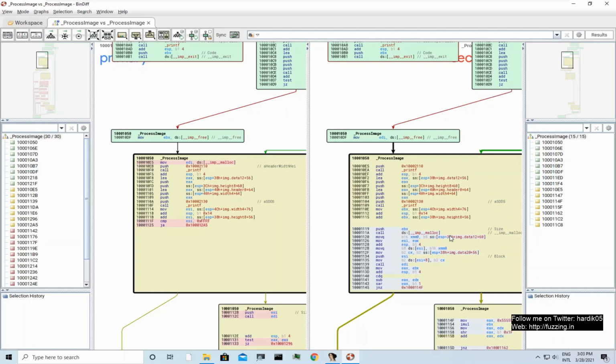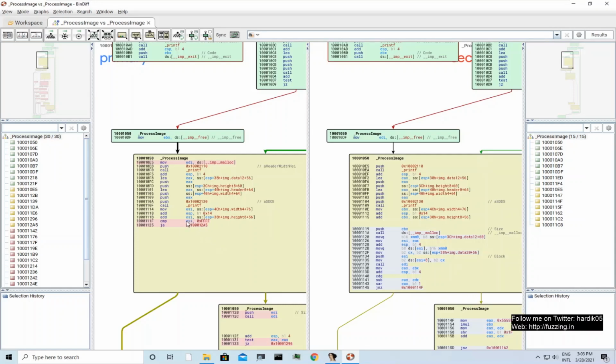and this is what causes the vulnerability. But over here, the image width and height have been loaded into registers, and then they are added inside ESI, and then there is a check which compares the value of ESI with 0FFFF. This is the check which we added, if you remember the source code at the start of this video.